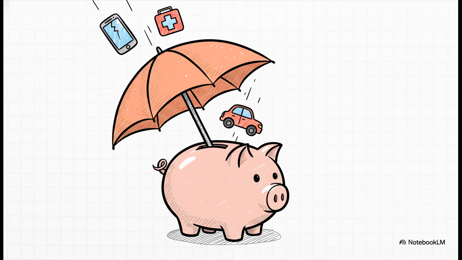Next up is the precautionary motive. You can think of this as your rainy day fund or your just-in-case money. Because, let's face it, life is totally unpredictable. You might get a flat tire, have a surprise medical bill, or maybe your paycheck gets delayed. You hold cash to protect yourself from all that uncertainty. And, just like with transactions, the higher your income, the bigger you probably want that safety net to be.